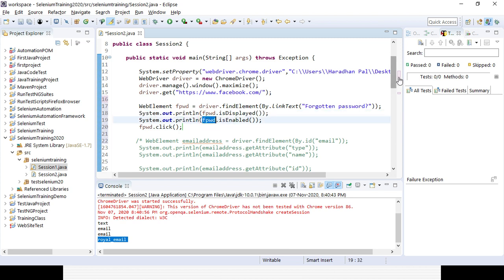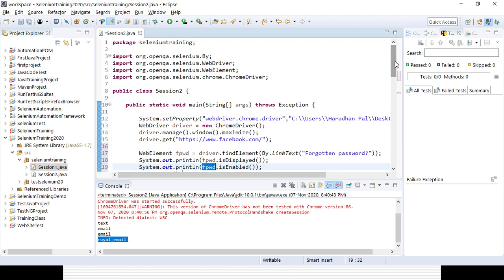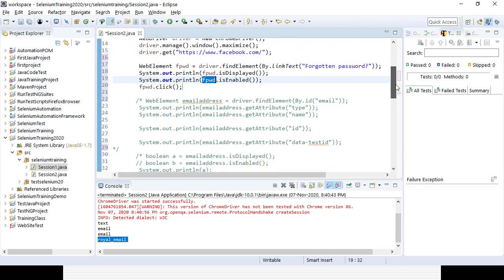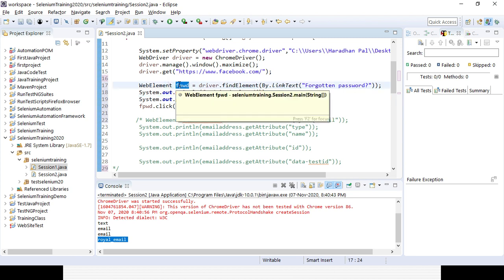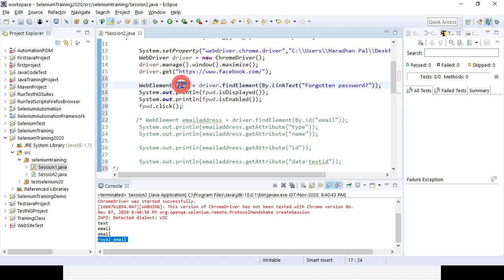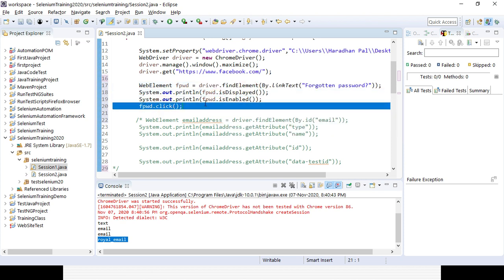Similarly, as I already mentioned, you can store it into other boolean variables. Why is another variable declaration required? Because in case you want to use it multiple times, with that variable reference you can use it multiple times instead of writing so many lines of code. There can be chances of mistakes whenever you are using repetitive lines, so it will help you. That is the reason for storing. You can see here, if you do not create a variable for the particular field, you have to write the similar line of code three times. First to check whether it is displayed or not, whether it is enabled or not, and after that you need to click on that particular link.